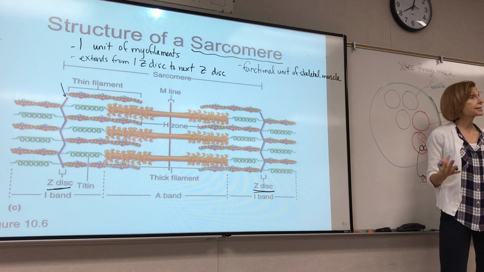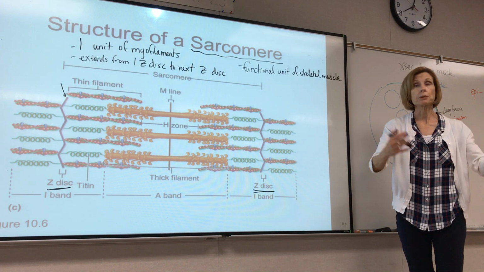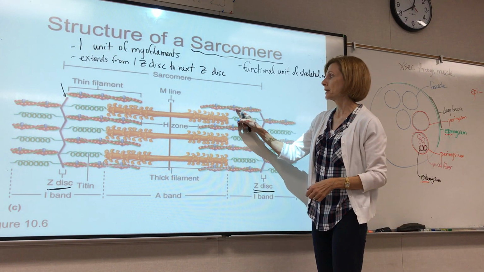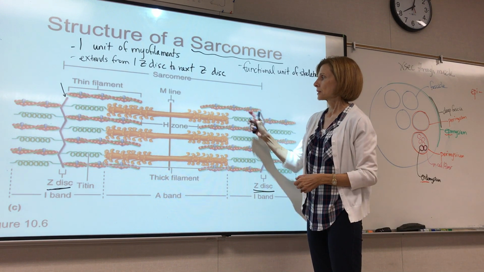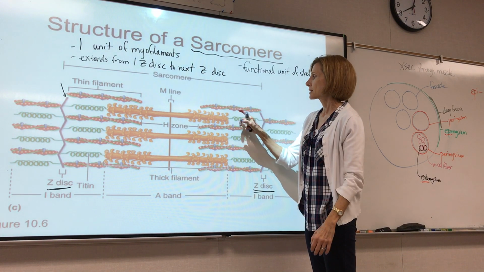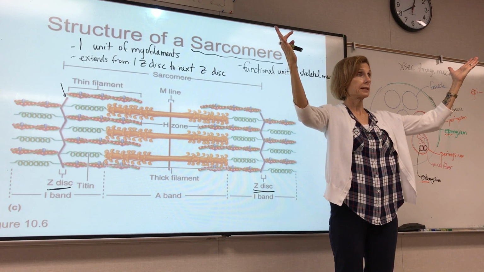So let's say calcium has been released. We've had an action potential that will cause calcium to be released. Calcium will come in and bind to troponin. The tropomyosin will move, exposing the binding sites on actin, and now the cross bridges or heads of the myosin